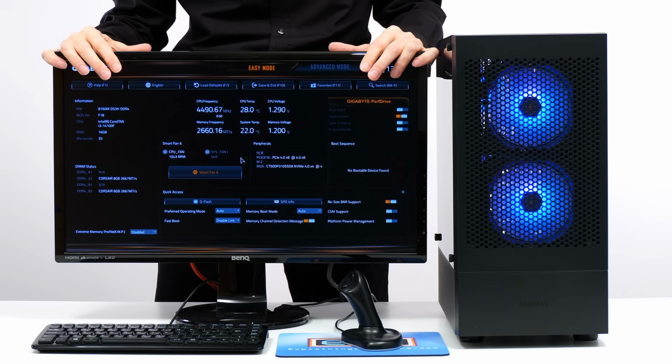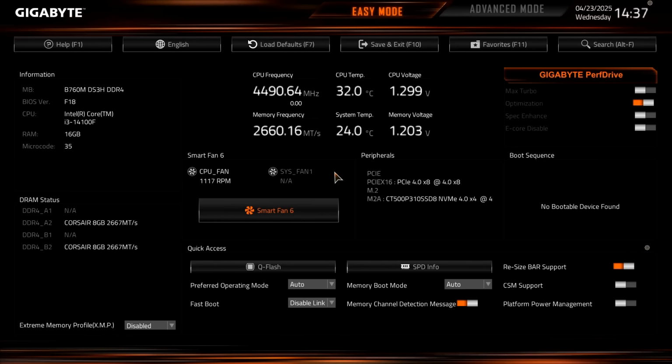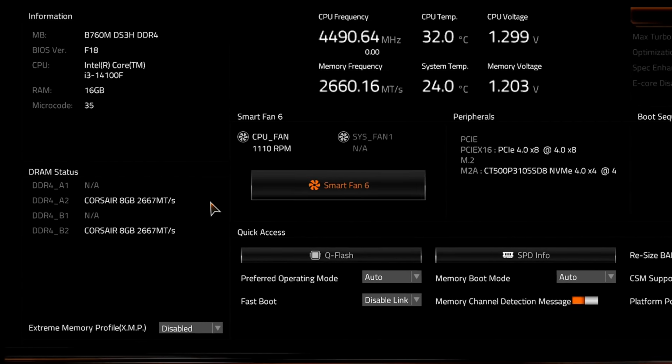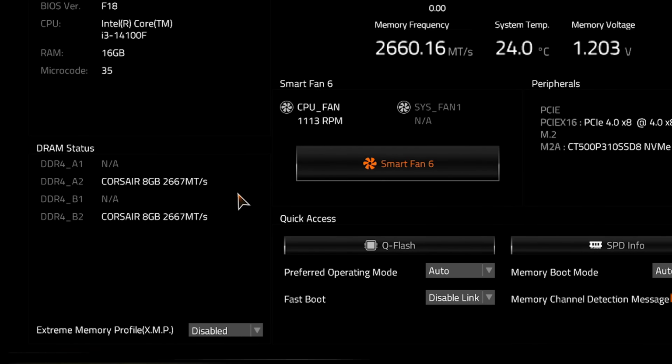process. Anyway, now that we're here, it's worth noting there's no standard PC BIOS layout, so the one on your system may look different. But the same basic information and options will be presented initially as here in what's usually called easy mode. And here we can see our motherboard model and CPU information, as well as information on our